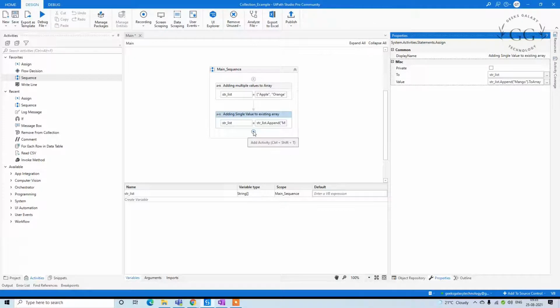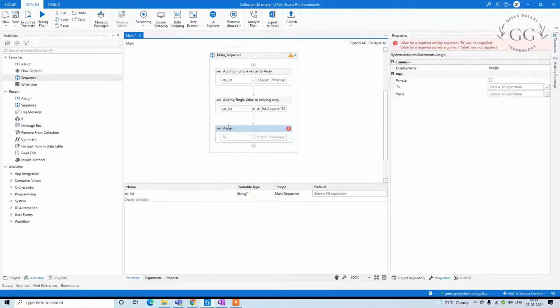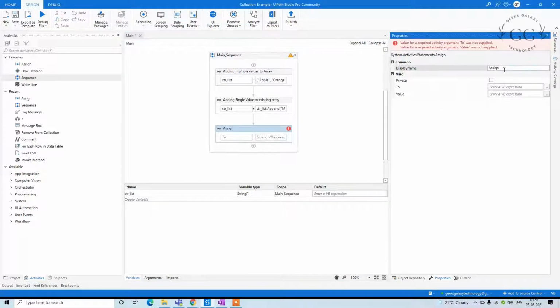Next we can manipulate the list with a specific count. So I create an assign again, and rename it: initiate array with specific length.